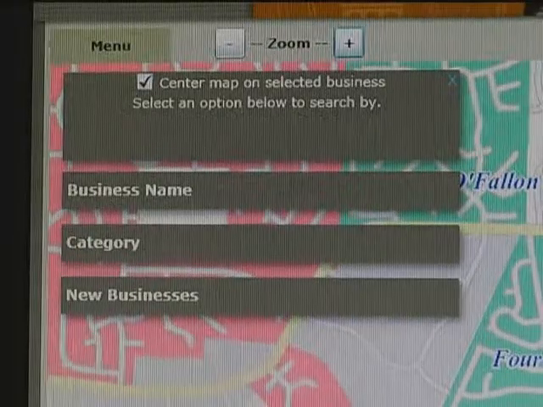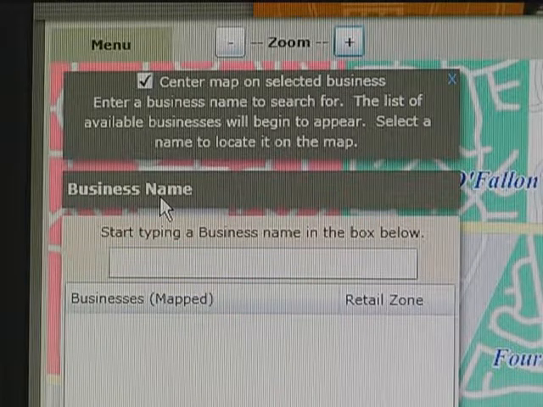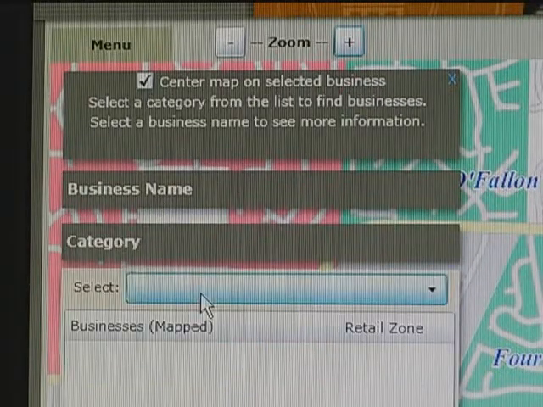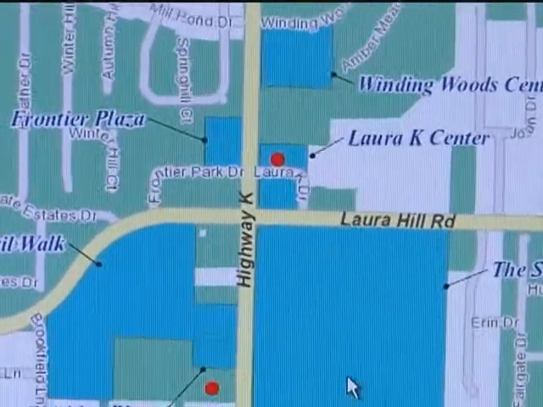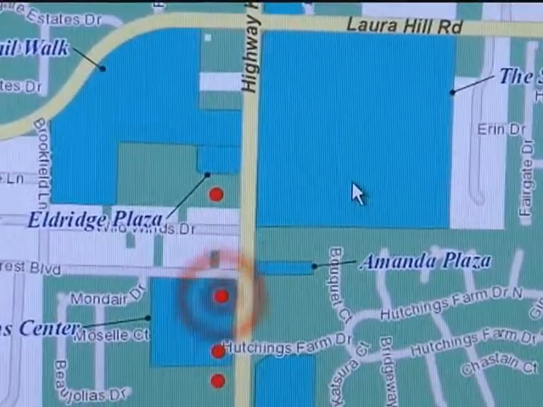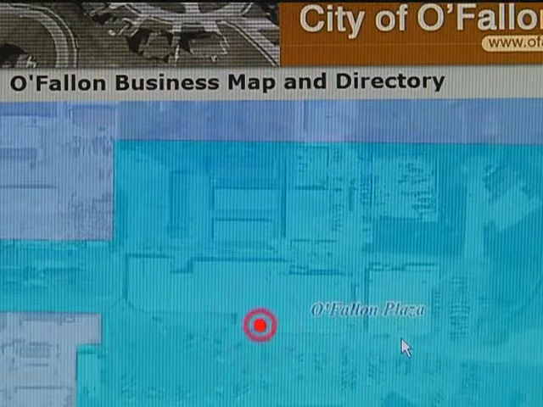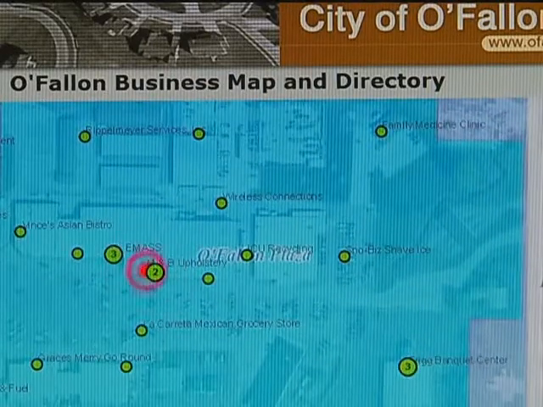The search engine is the most powerful feature of the map. You may find a business by searching for it by name or category. When searching, the results show up as a listing in the search results and as a red locator on the map. Select a business in the search results and the location is then highlighted as a beacon on the map. When you zoom in, an aerial photo of the location will appear, showing you the physical appearance of the structure as well as other businesses in the area.